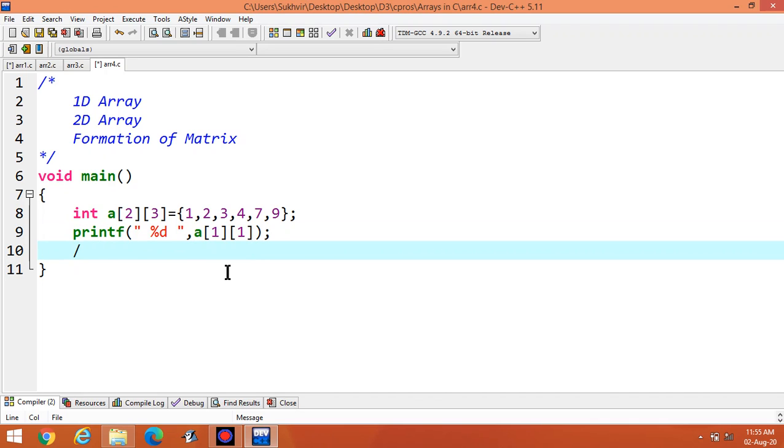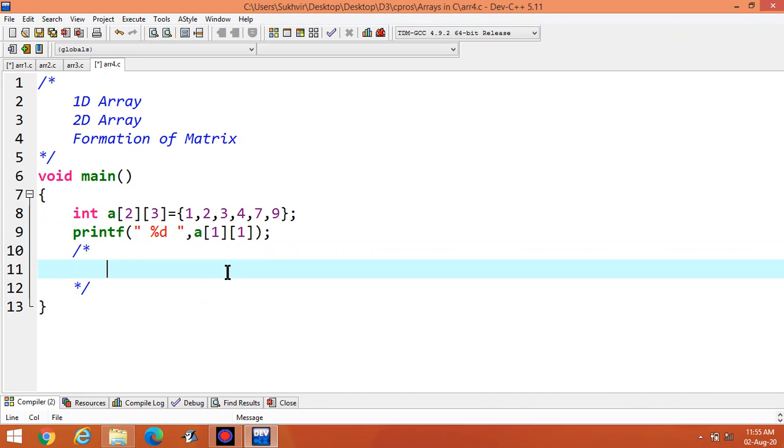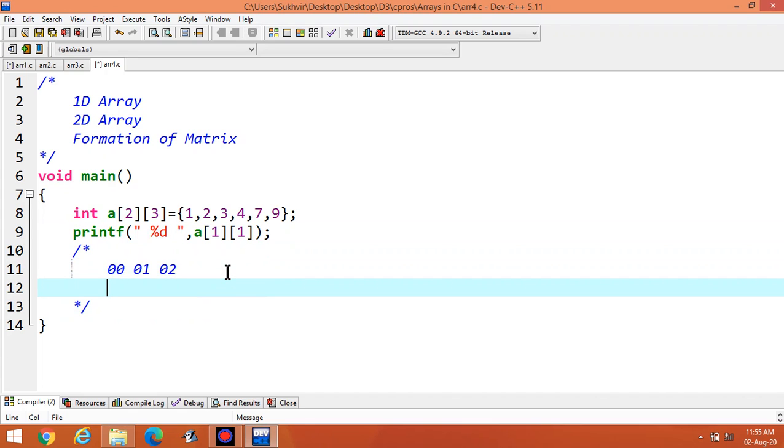To understand this content, first value is 0 0. Second value is, because 2 rows and 3 columns, 0 1. Then 0 2. Then 1 0, 1 1 and 1 2. These are the locations.